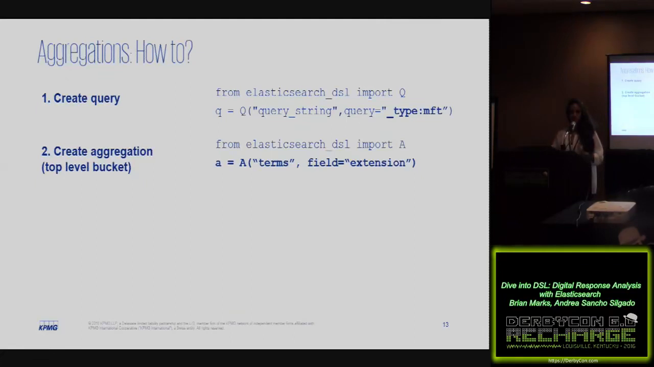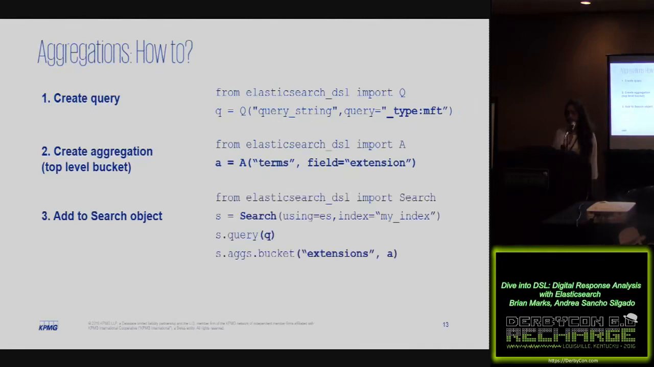That's going to be matching an exact term that we specify, on the field that we specify. We use the extension from the MFT file entry that we have ingested. Then we just have to add that to our search object. The search object is using our ES client, the Elasticsearch client, and we just have to add our query, which is all the MFT entries, and then the aggregation, the top